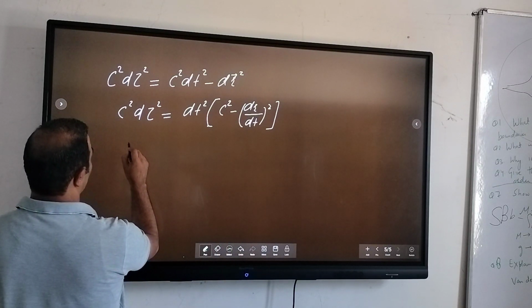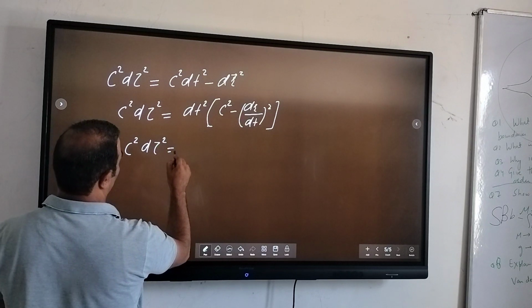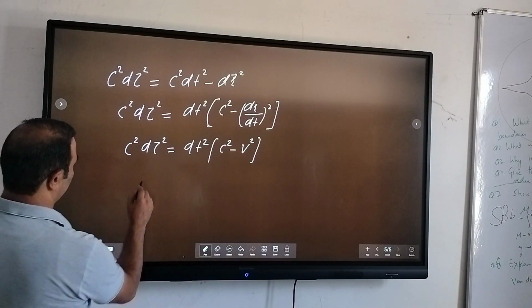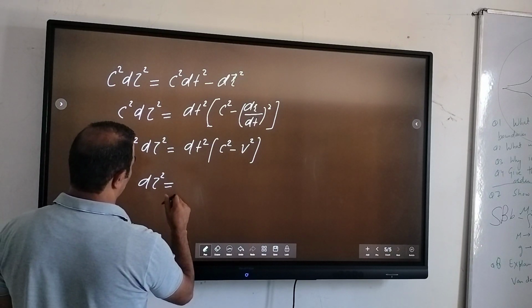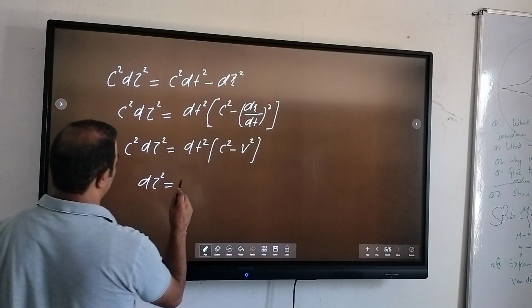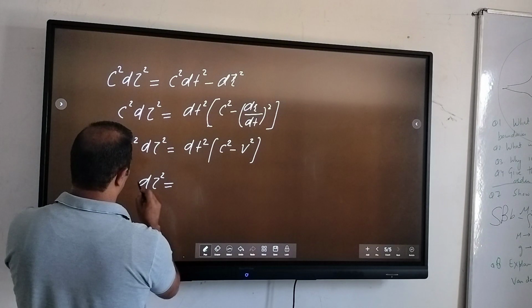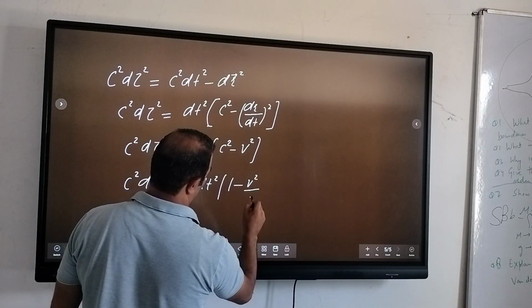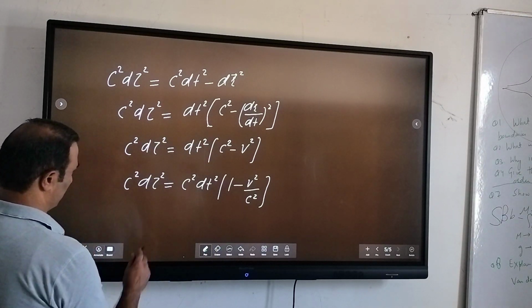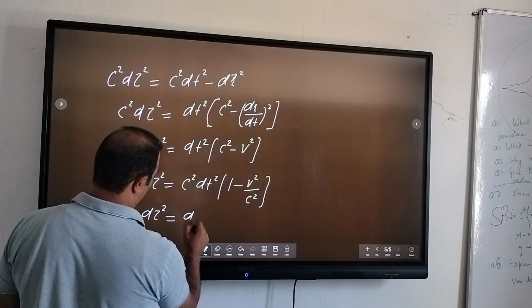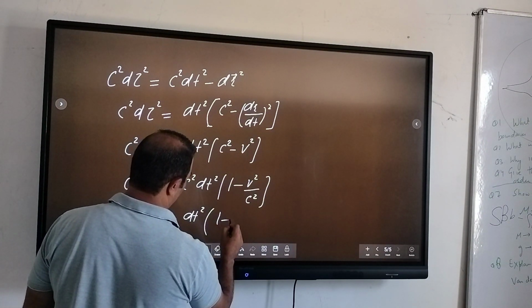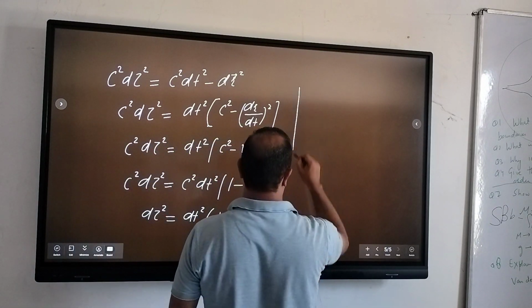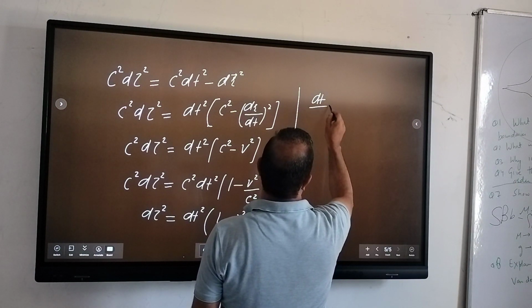Or this will be equal to, or you can write that, because I need that dt by d tau. So dt by d tau will be,